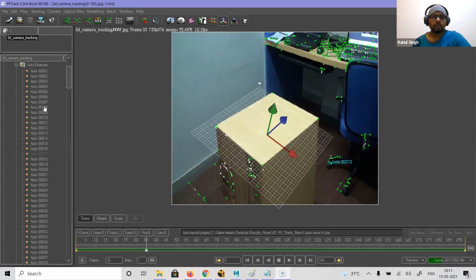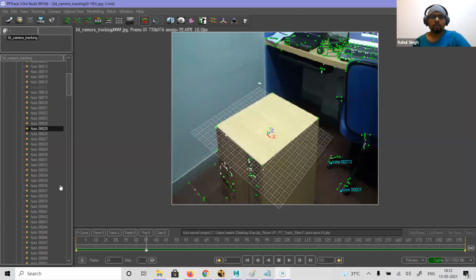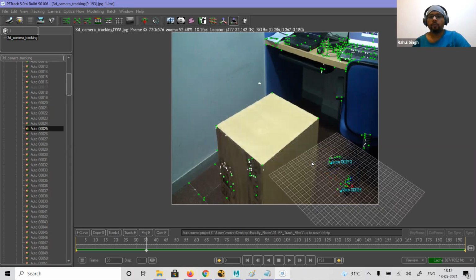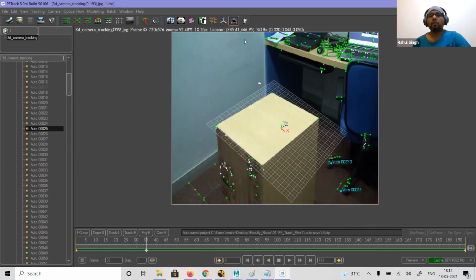Go to the auto features. Now suppose I have selected this 25. I can always say scene orientation and I can move it there. The camera orientation is on the basis of the camera, this will move, and scene orientation on the basis of the scene, the grid will move. So these are the two things which we can use.